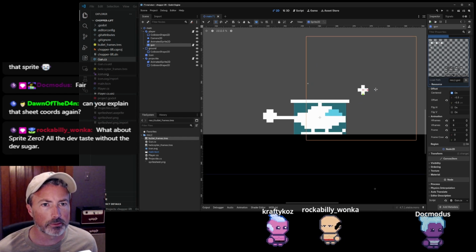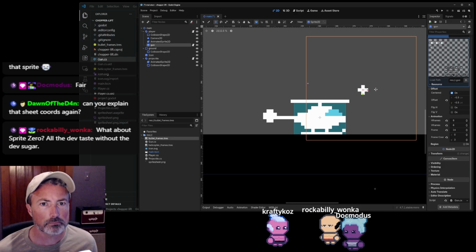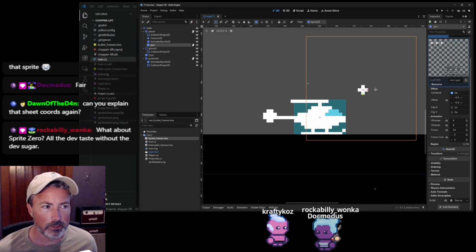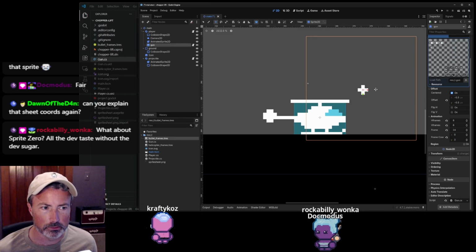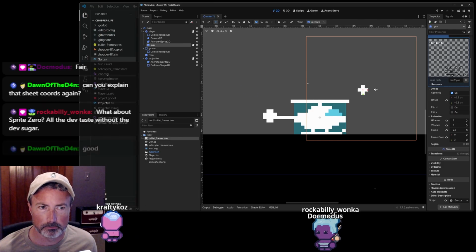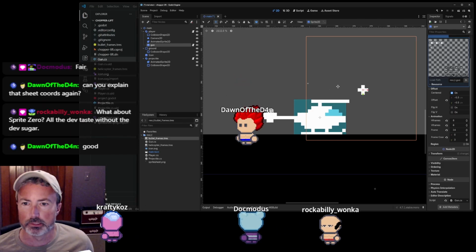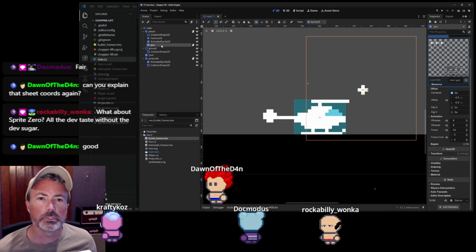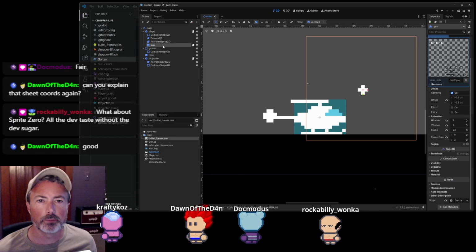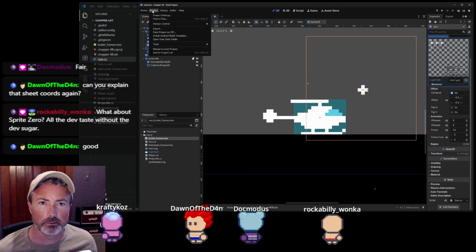And next we're going to script it. We're going to make it follow the cursor. I think that'll be fun. Good, cool. So one thing I think we want before we get into this, let's go look at our inputs again. Project settings,